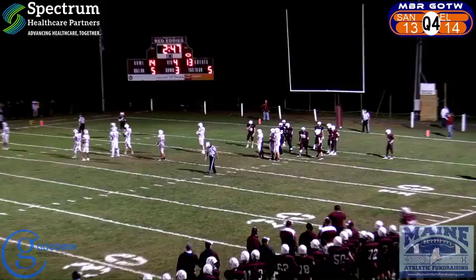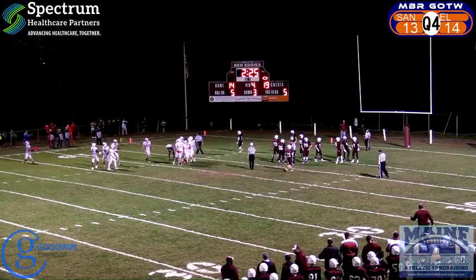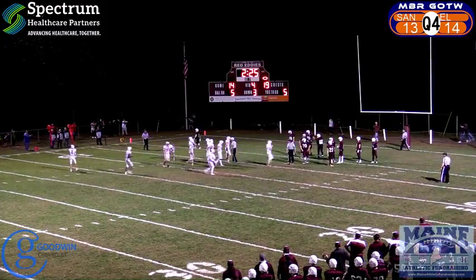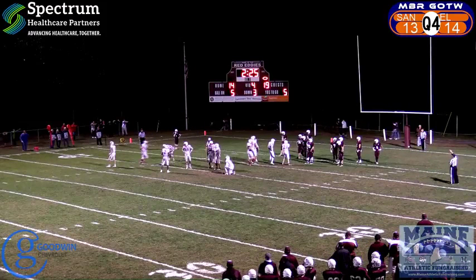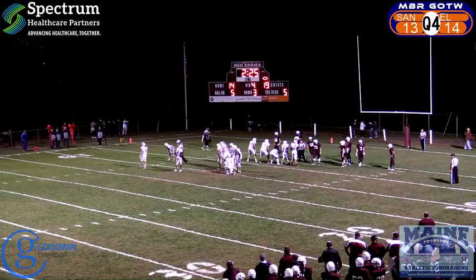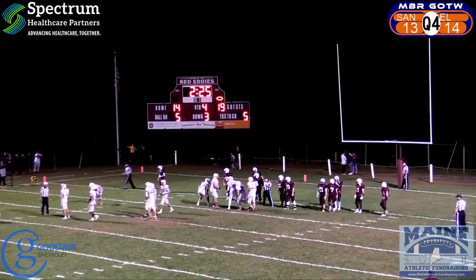3rd and goal from the 5. Oh, that's not it. He held on. They had him in the grasp. Somehow he twisted around and threw it into the end zone. Was that Bickford again? I didn't see. I thought it was Bickford. Went up and got the catch. So 19-14. And Sanford,